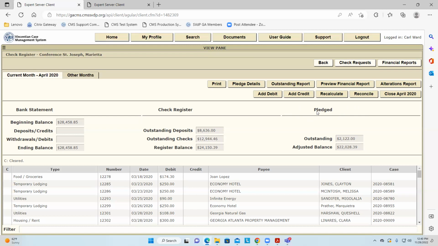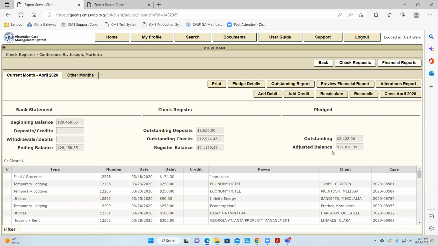But it is absolutely a great tool for the treasurer, because the treasurer can look at it and say, okay, if they didn't do pledges, I got $24,150 in my register. Well, not so fast, because you got 2,122 in pledges. So really what you have to disperse is 22,028.